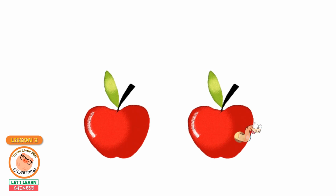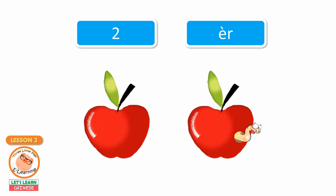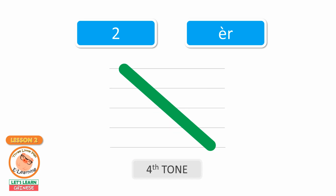Apples. 2. In Chinese we say 二 using the fourth tone, let's say it together. 二